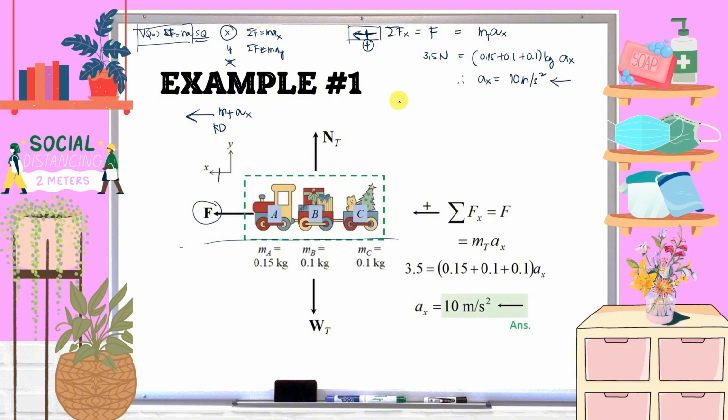So now we will have the summation of force along y. We have the total weight, which is negative since we established upward positive, plus the total normal force equals total mass times acceleration along y. But if you notice, our kinetic diagram only moves horizontally. Therefore, acceleration along y is 0. And you will realize that this equation is now a statics equation, wherein the result is that the total weight will be equal to the total normal force.